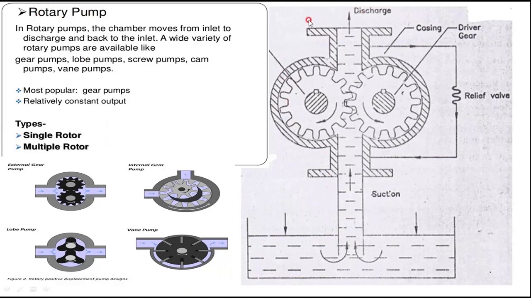I will directly come to the diagram and explain. Here one pump pipe is there and here one chamber is made. Inside the chamber there are two wheels. These two wheels will be continuously rotating. When they rotate, the water that comes in contact with the wheel will be displaced from one point to another point. Here we are not inducing energy into the water, we are just displacing the water from one place to another.